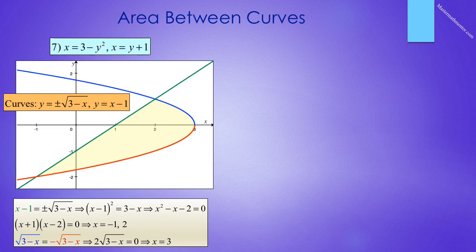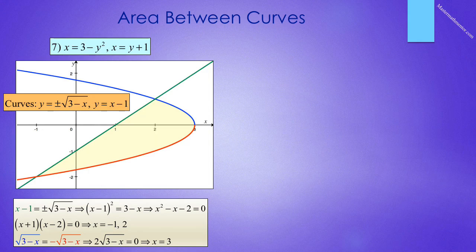So solving the equation x minus 1 quantity squared equals 3 minus x gets us to x squared minus x minus 2 is equal to 0. And that factors into x plus 1, quantity x minus 2 is equal to 0,